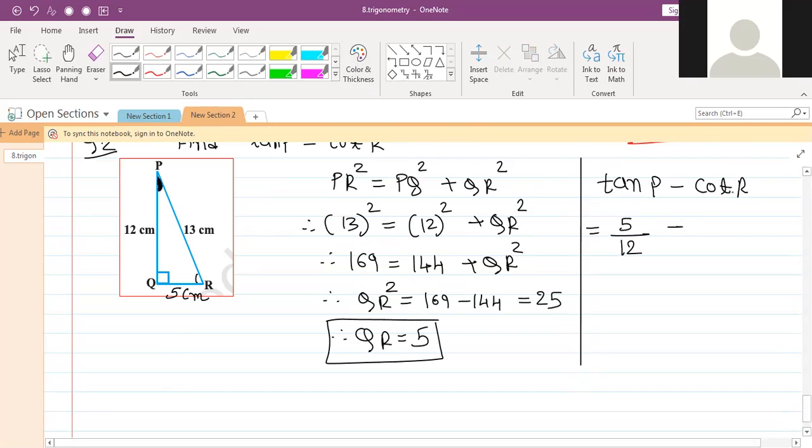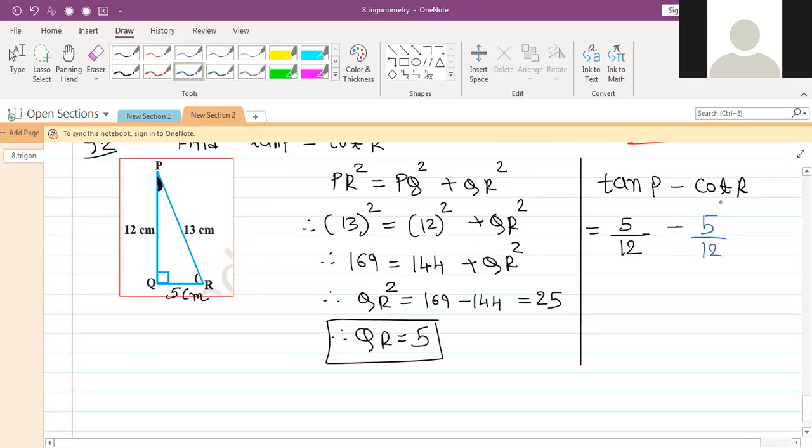If we use cot r, here the angle is changed and also the trigonometric ratio is changed. So cot r is what? That is base upon perpendicular, which is 5 by 12, similar. If we use tan r, then that is 12 by 5,